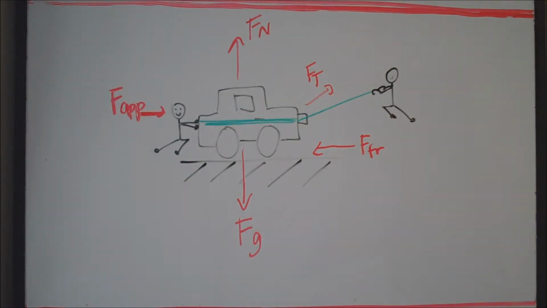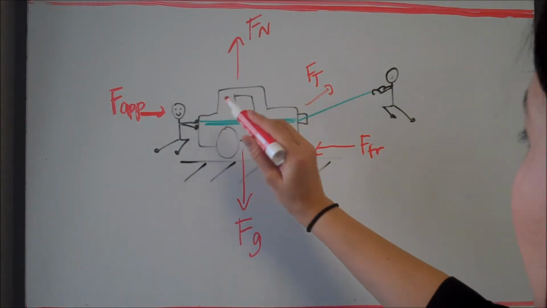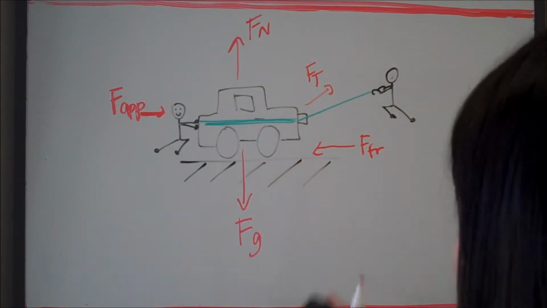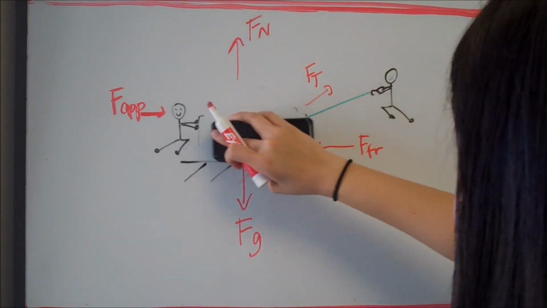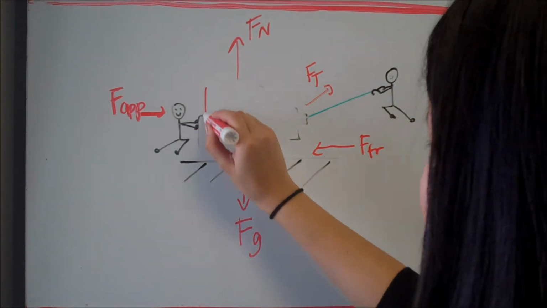Here, the arrows are used to represent all the forces, for example, normal force, gravity force, tension, friction, and applied force, etc. Usually, a box is used to represent the object or the particle. It doesn't really matter what the actual object is. It can be a car, a person, or a pig. A box is used to represent any of these objects. So here, instead of the car, we can just draw a box.